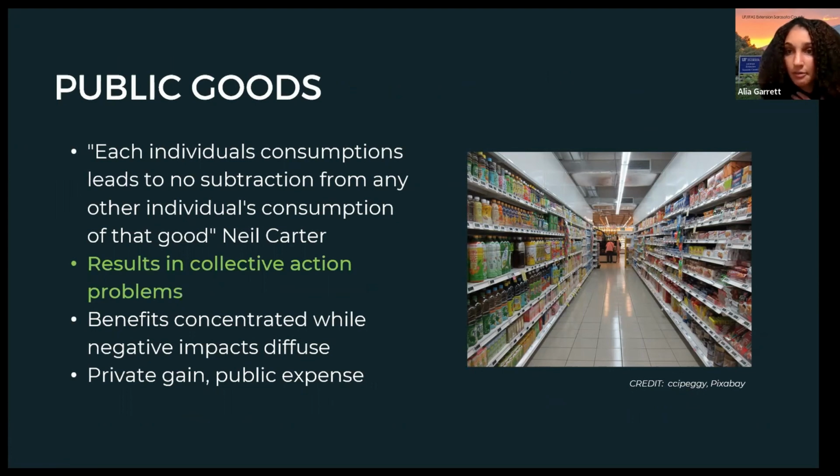Essentially, I can stop consuming as many goods as I can possibly do in an effort to be more sustainable and fight consumerism and consumption. However, if everyone else isn't doing that, it doesn't really make an impact. And that's why I do want to say, a lot of people think, oh, you know, I'm just one person, it doesn't really matter. But if all of us think that, then that is true. So it's really important just to have an attitude of, I make a difference.